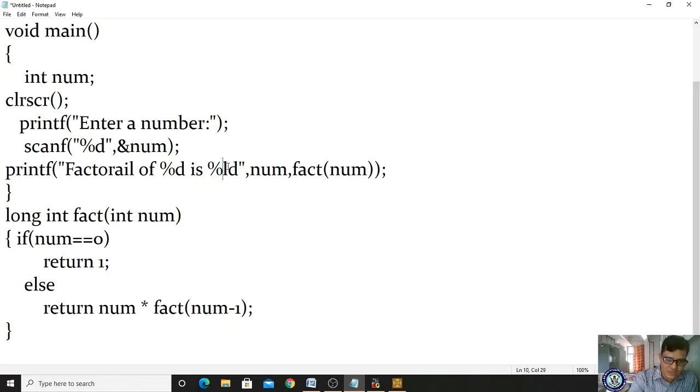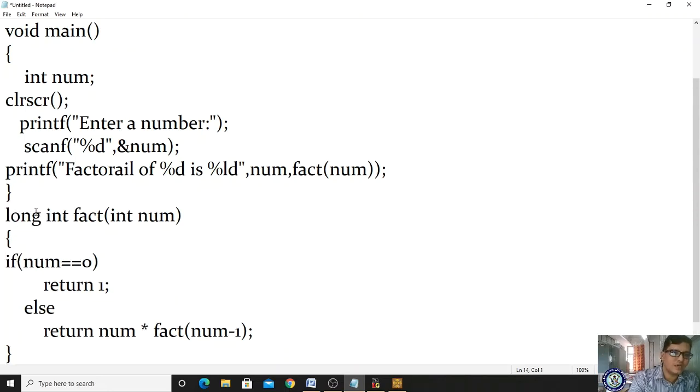If you take the control string ld, you are supposed to specify it as long int. Long int is the return type, fact is the name of the function, and num is the actual variable while this is the dummy variable. Your actual variable can also be treated as a dummy variable. If you get confused, you can rename it with some other variable.